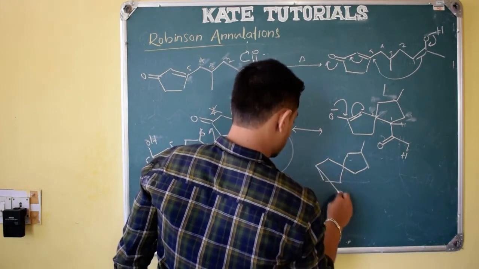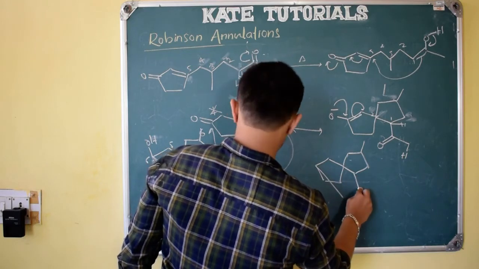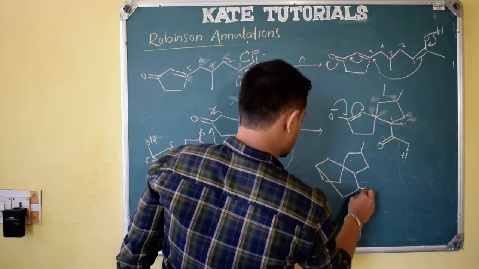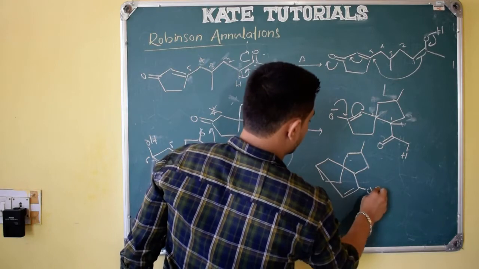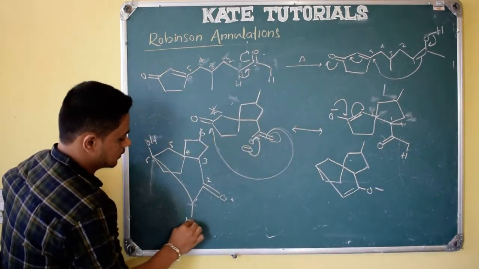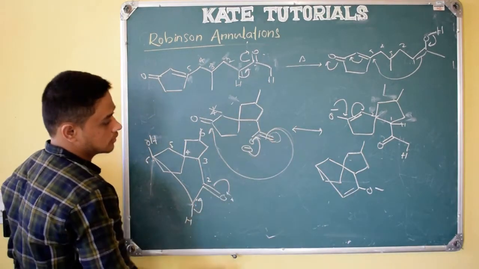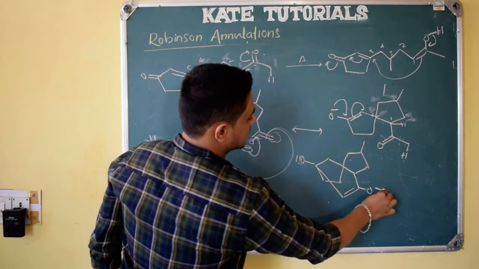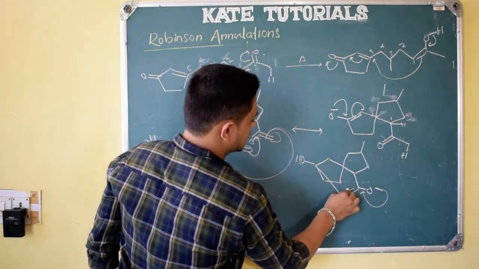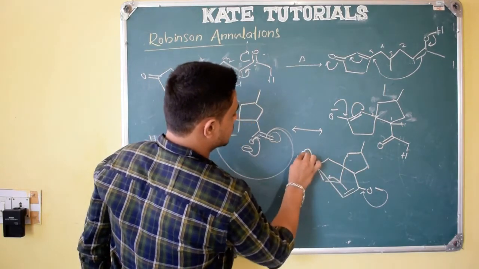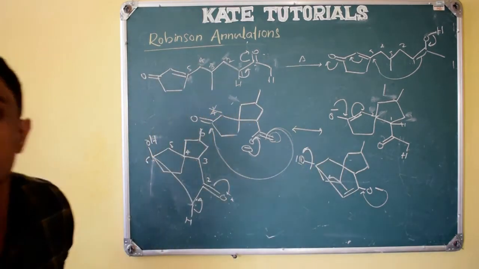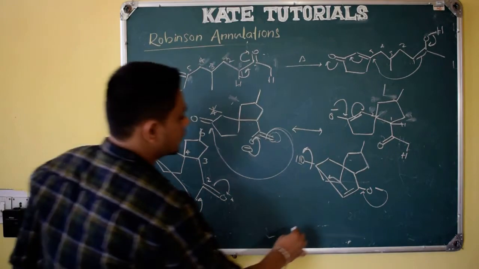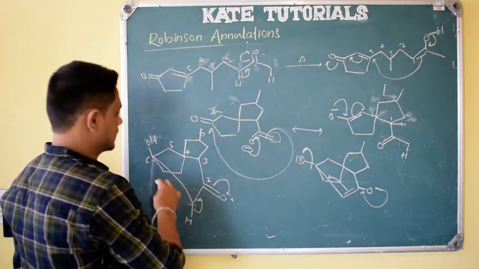From here CH2, see here O minus, this proton, E1cB reaction, right? So negative charge, and here OH is there. Next what happens, this comes here, this will shift to this bond, and this OH will leave as a water molecule, right? So what we will get, a double bond in the same structure.